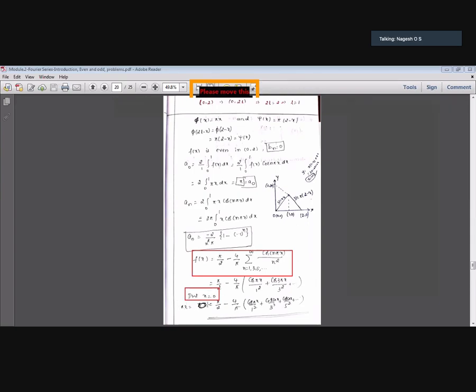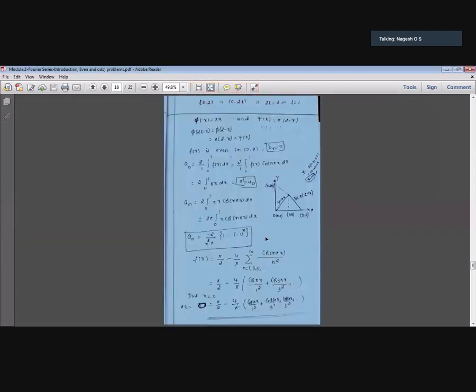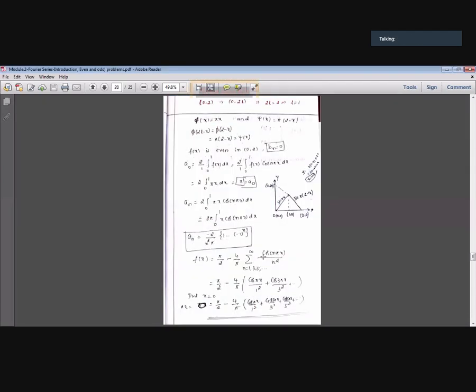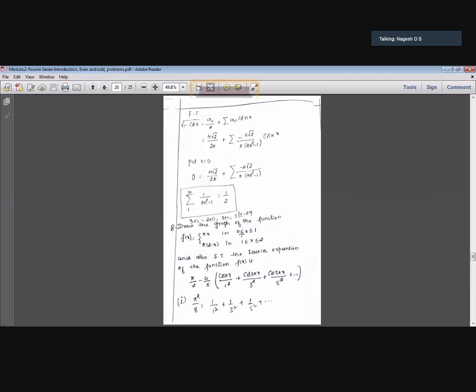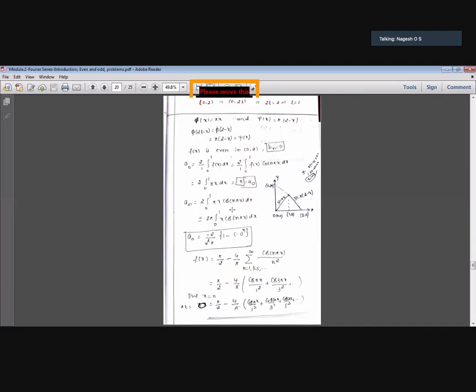So x equal to 0 means where is it? This is the problem. 0 less than or equal to x means take this, where 0 is there, here. So take pi x. Therefore pi x, 0 means pi into 0, that is 0. Pi by 2, here in place of x, 0.